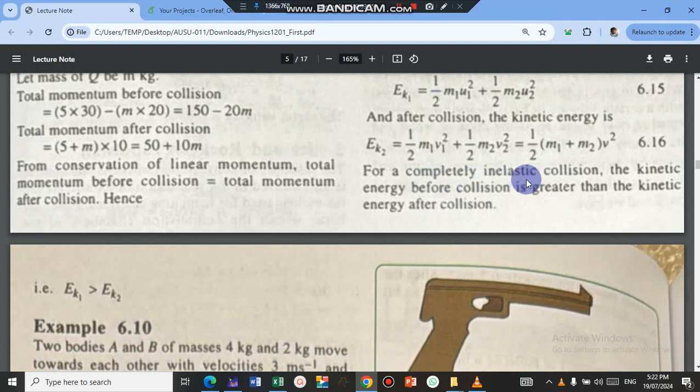For a completely inelastic collision, the kinetic energy before collision is greater than the kinetic energy after collision. We explain this by saying most of the kinetic energy is converted to heat and sound energy when they collide. So the total energy they have before collision will be greater than the total energy they have after